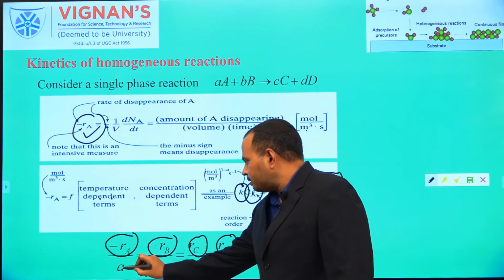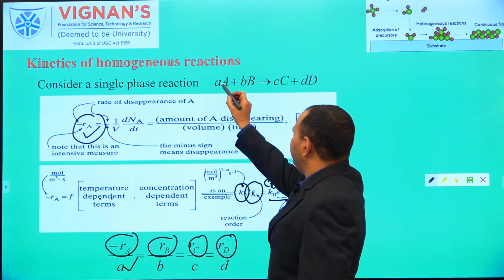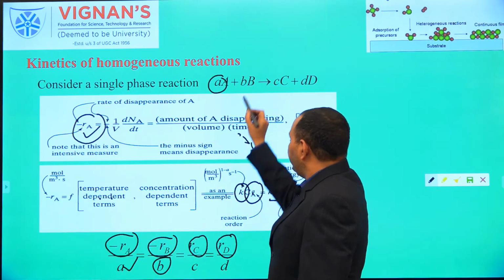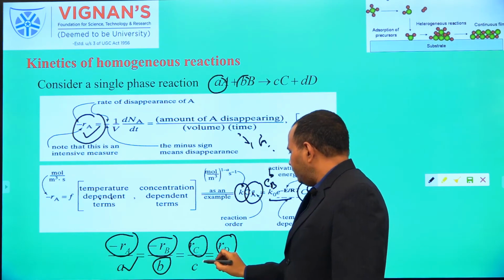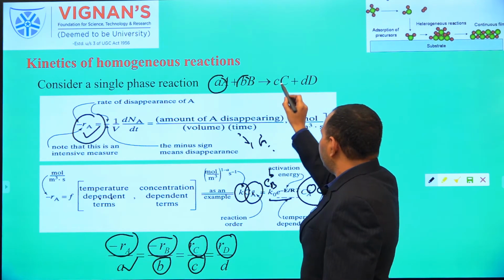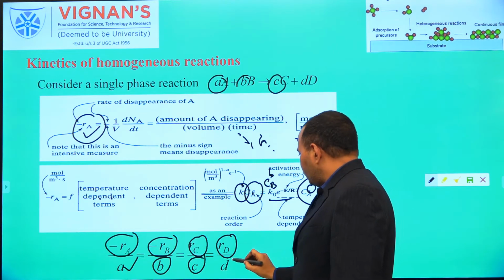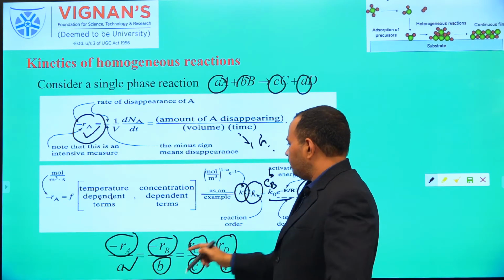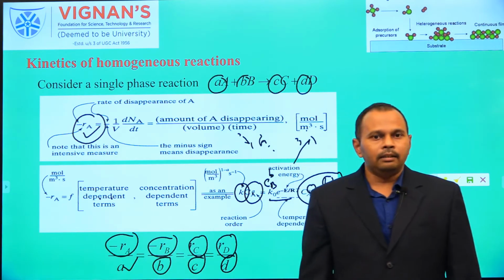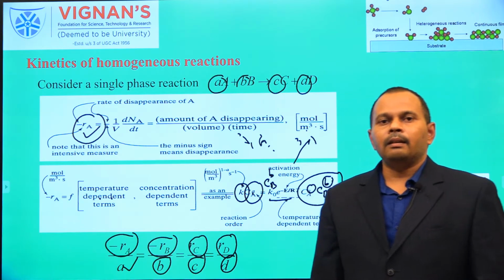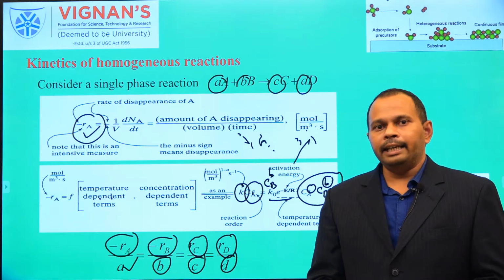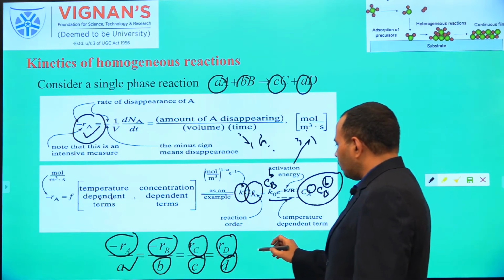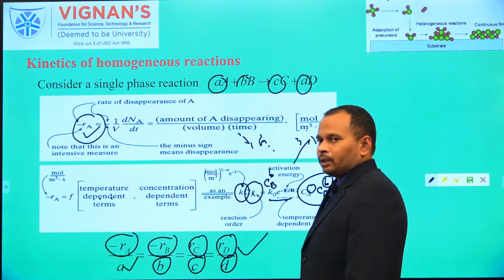The small a is the stoichiometric quotient of A in the chemical reaction, small b is the stoichiometric quotient of B, small c is the stoichiometric quotient of C for the product, and small d is the stoichiometric quotient for D in the reaction. So, this final equation shows that the rates of disappearance of the reactants and rates of formation of products relate to their stoichiometric quotients. Based on this, if you know one of these quantities, you can find out the other one.